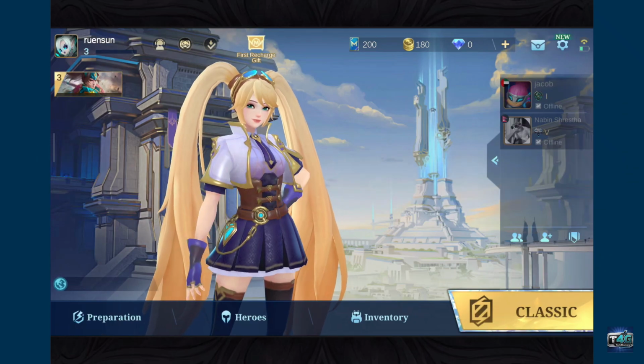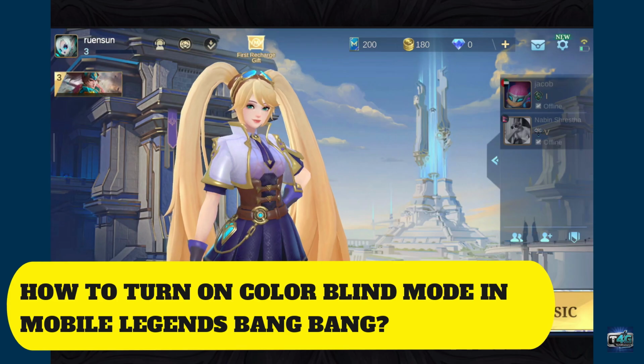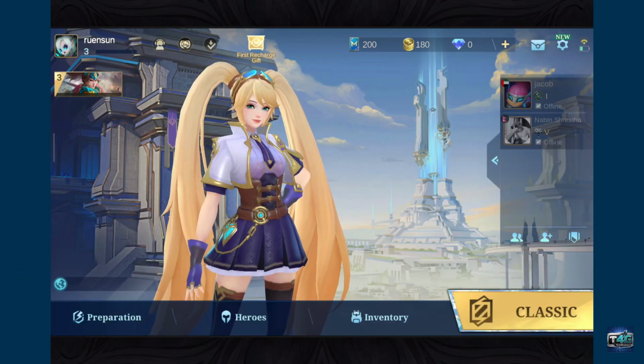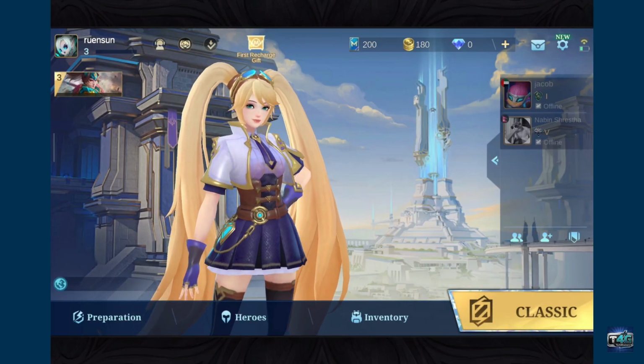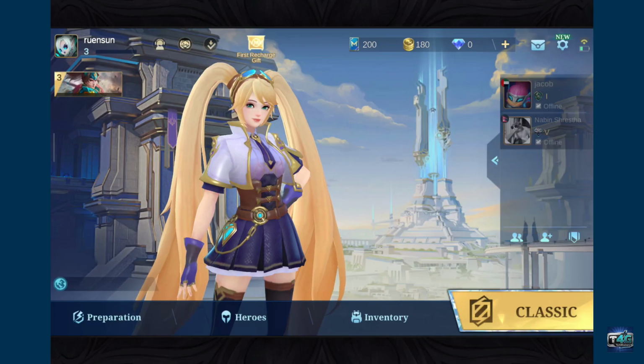Today in this video, I'm going to show you how to turn on color blind mode in Mobile Legends. Mobile Legends includes a color blind mode to help players with color vision difficulty see HP bars, skills and visual effects more clearly. First of all, open the Mobile Legends Bang Bang application and wait for the main lobby